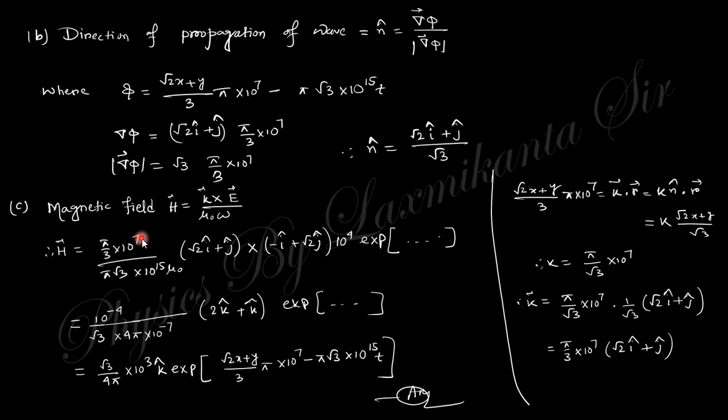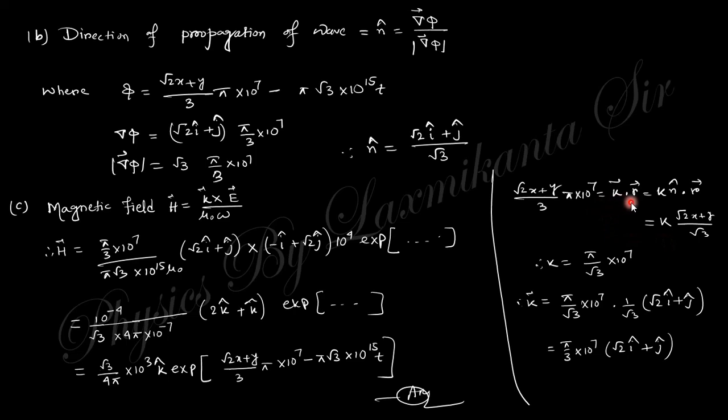Hence the magnetic field H equals k cross E by mu naught omega. H vector equals like that. Just putting in this value of k cross E, the k vector, you can see here,